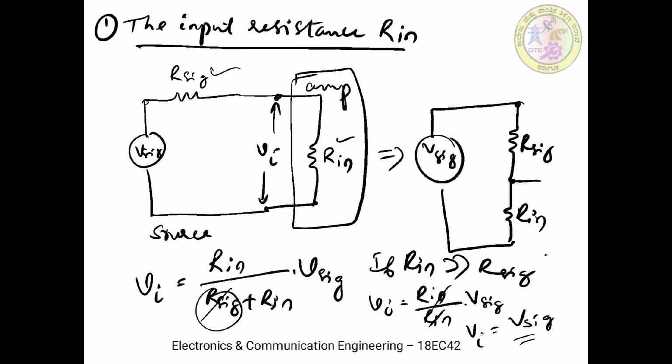That's why in the case of the common source amplifier, the very first parameter, the Rin value, is taken as infinity. This is a requirement for completely coupling the applied signal to the amplifier input. So Rin equal to infinity, let us take it as equation 1, one of the important characteristics.